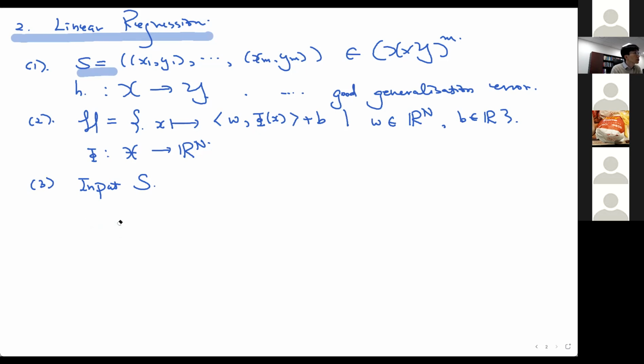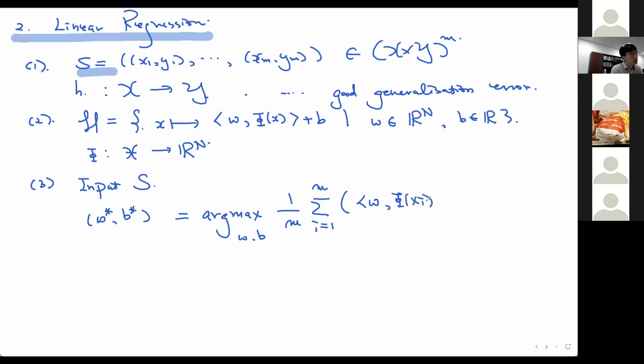Maybe write it as an algorithm: find w star, b star, which minimizes over w, b the sum from i = 1 to m of (w inner product phi of xi, plus b, minus yi) squared. That's the optimization problem that is solved, and then it returns